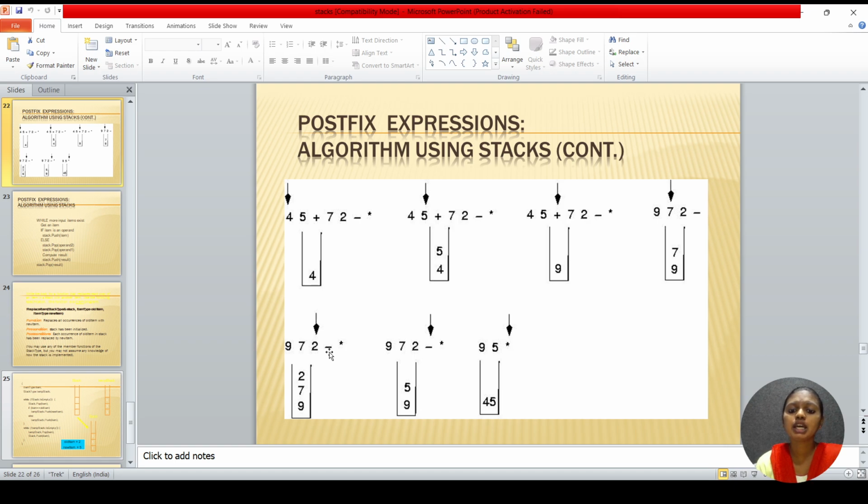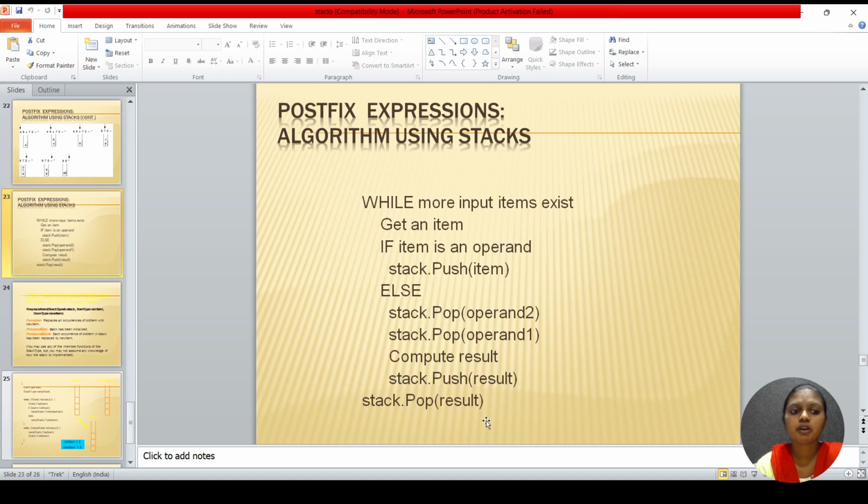Now it has the multiplication symbol operation, so we have to perform the multiplication between 9 and 5. The stack stores the value 45. Now, how are we using the postfix expression algorithm using a stack? While more input items exist,